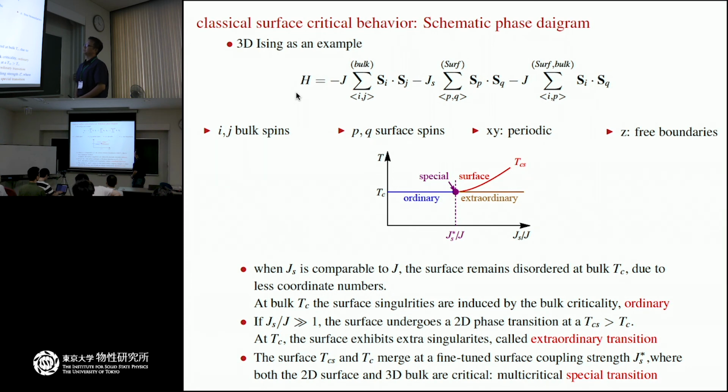Yeah, but we didn't. So then why do you say that it's an extraordinary transition? So they're degenerate in that sense, right? Two lines would be degenerate because the surface and the bulk are both somehow ordered or critical, right? But I'm still confused about the relationship between this phase diagram and the quantum phase transition in your model. I think there is one, but you just didn't study it, right? Right, we didn't study it.